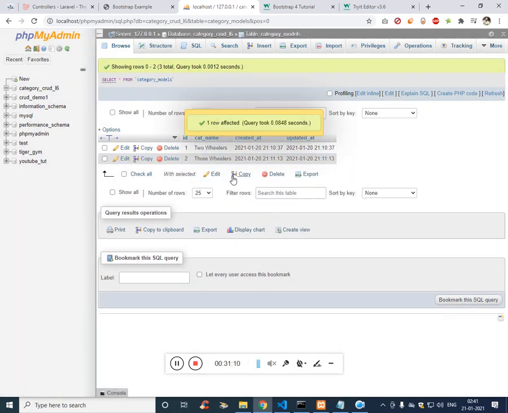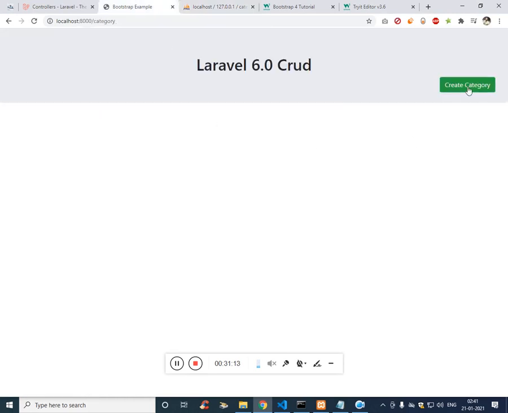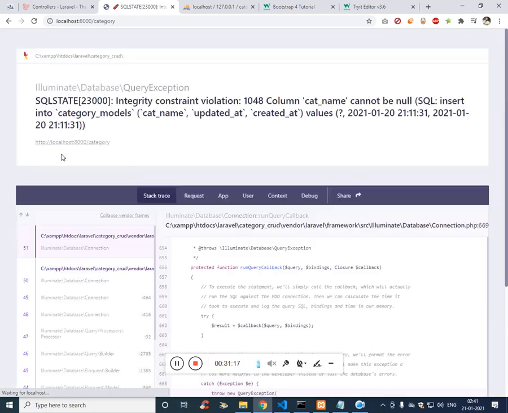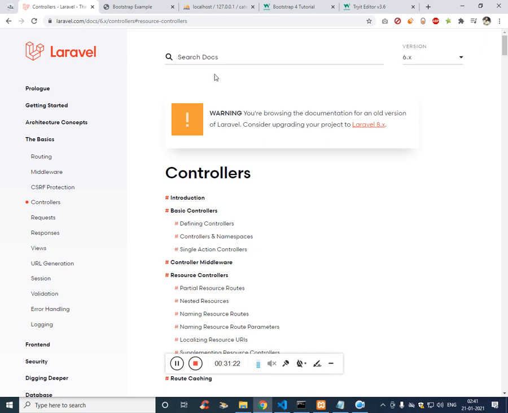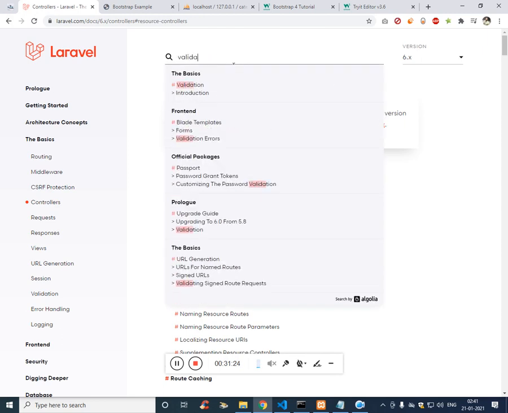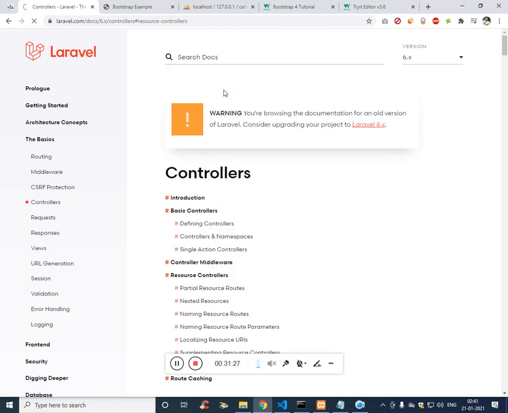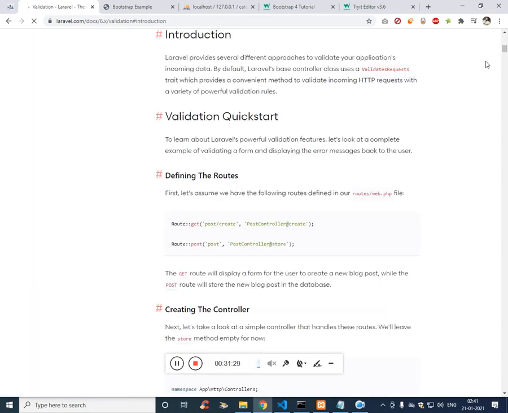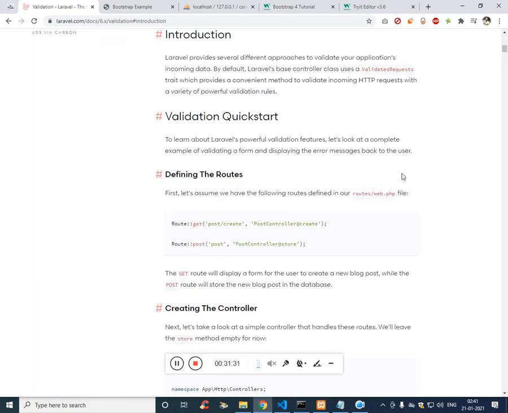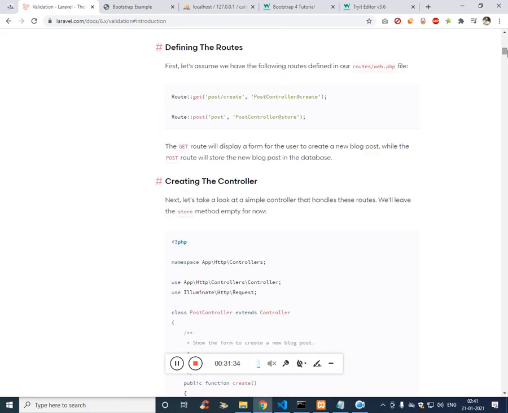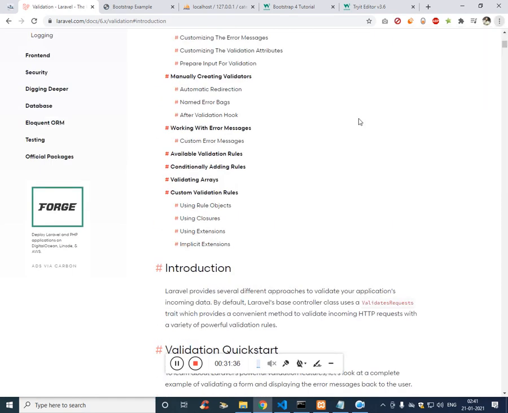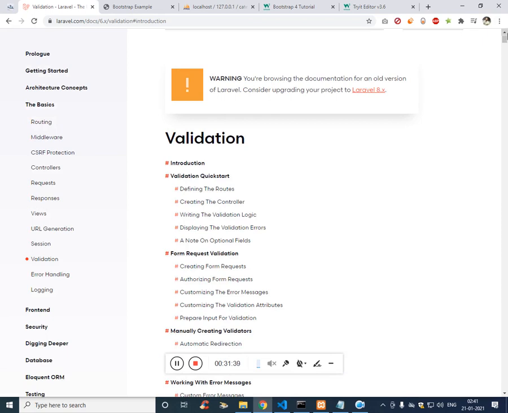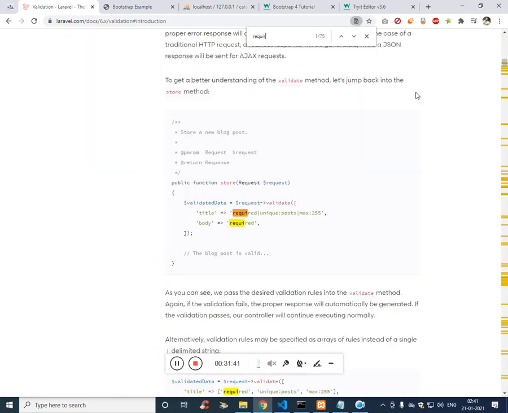And now we can look at the validation. If I click on create and click on save, we will get an error. Why? It is because it is accepting empty values. So validation. On the validation page you can see we just need this part.